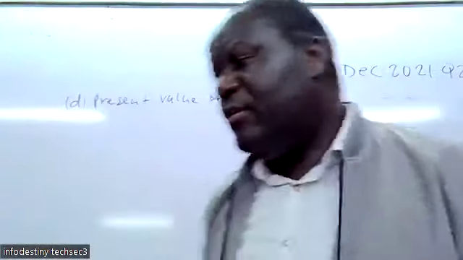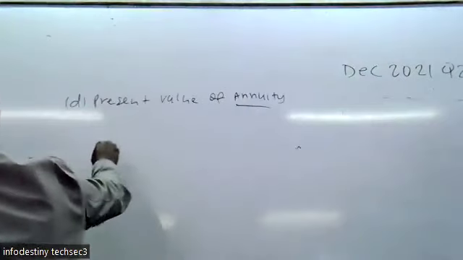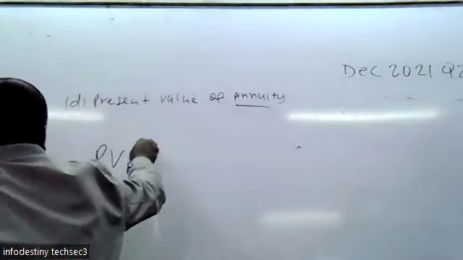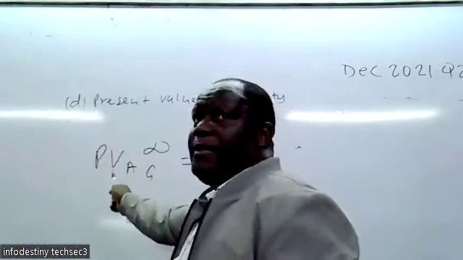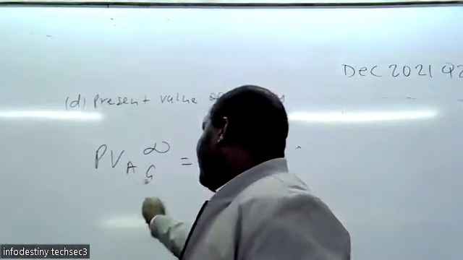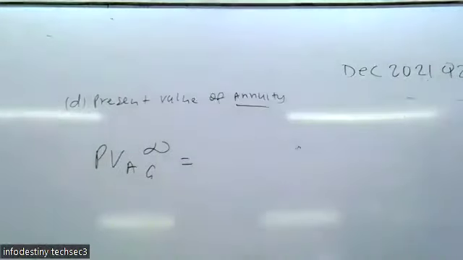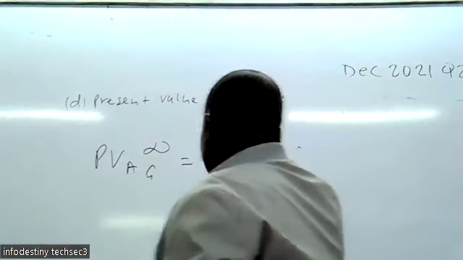So when you want to compute the present value of the annuity, which is growing up to infinity, it will be given by